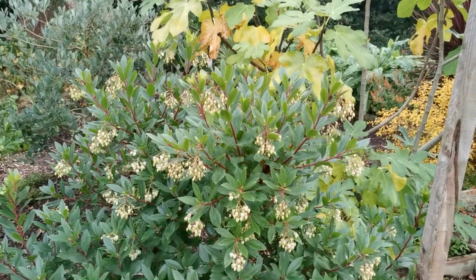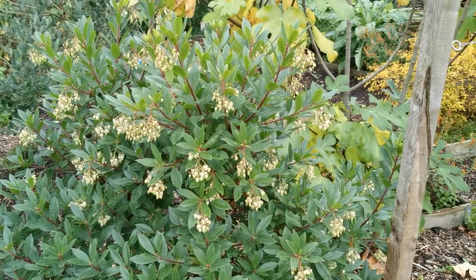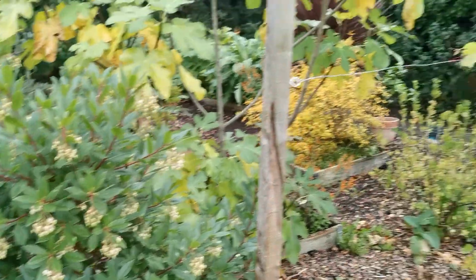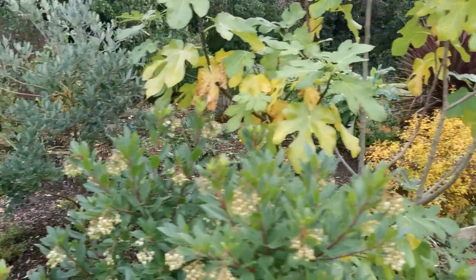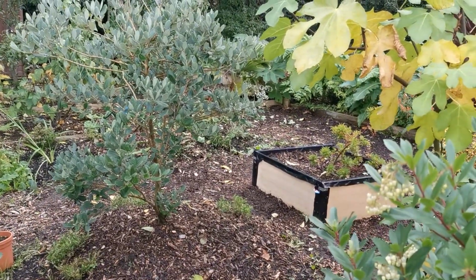Anyway, I'm going to do a short part 3 in a minute. That's enough for this part. There's an overall view of the allotment where I've been, and yeah,